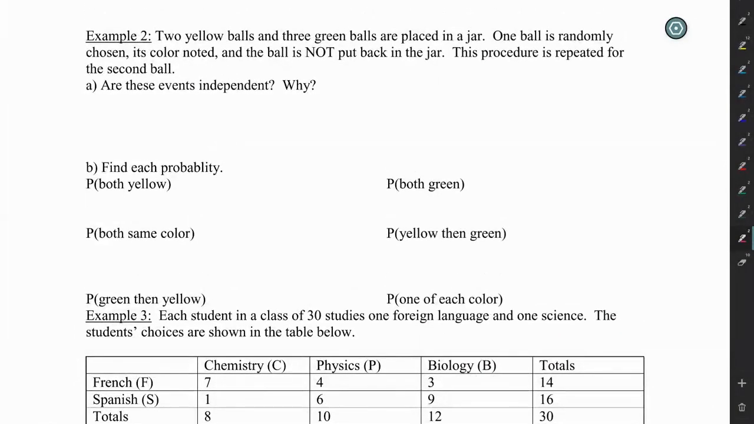2 yellow balls and 3 green balls are placed in a jar. One ball is randomly chosen, its color noted, and the ball is not put back in the jar. This procedure is repeated for the second ball. Are these events independent? Why? As you take a minute to think about this, the ball is not put back in the jar. So because the ball is not put back in the jar, the sample space changes. So no, because the ball